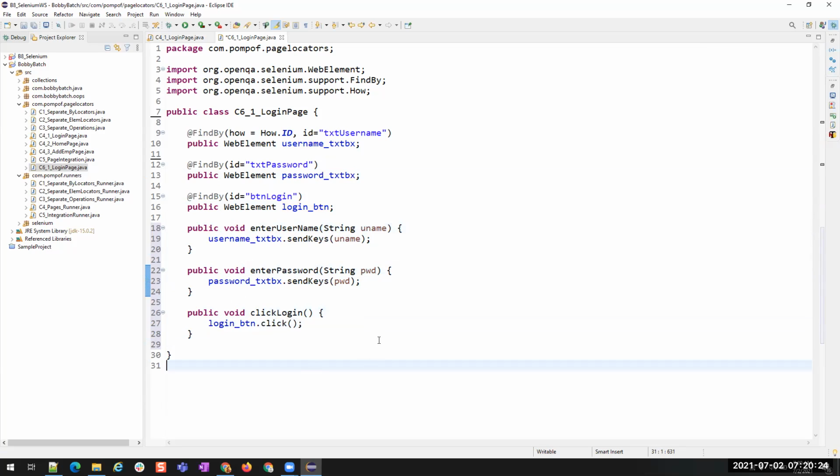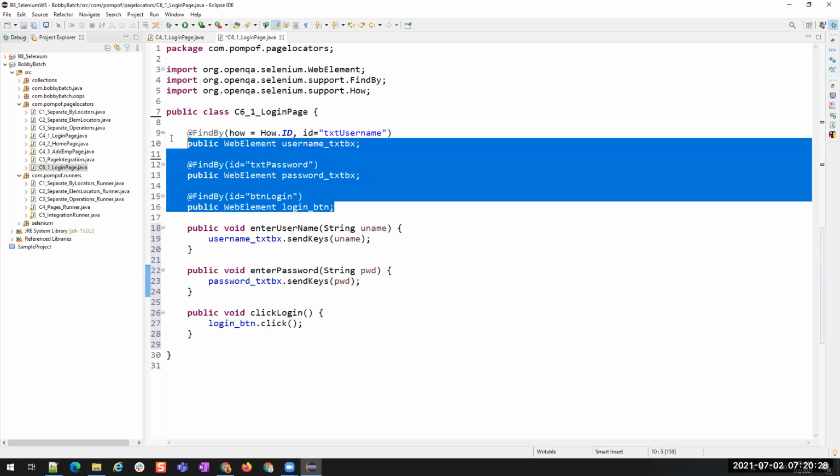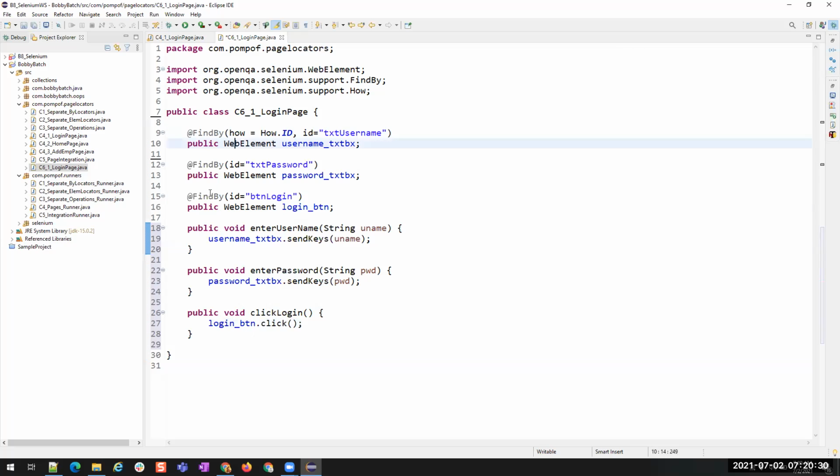You see how simple it is: you are finding these elements and then assigning those values to some variable, and then you are performing the operations. That's all. Similarly, we can create the other two classes as well. Let me go and create. Now you understood this, right? How do we create these elements? How do we find these elements and perform the operations?